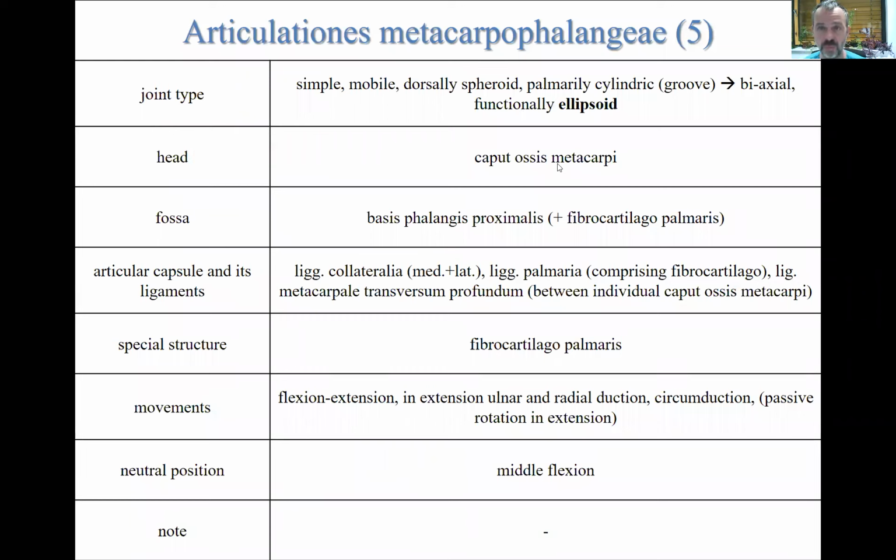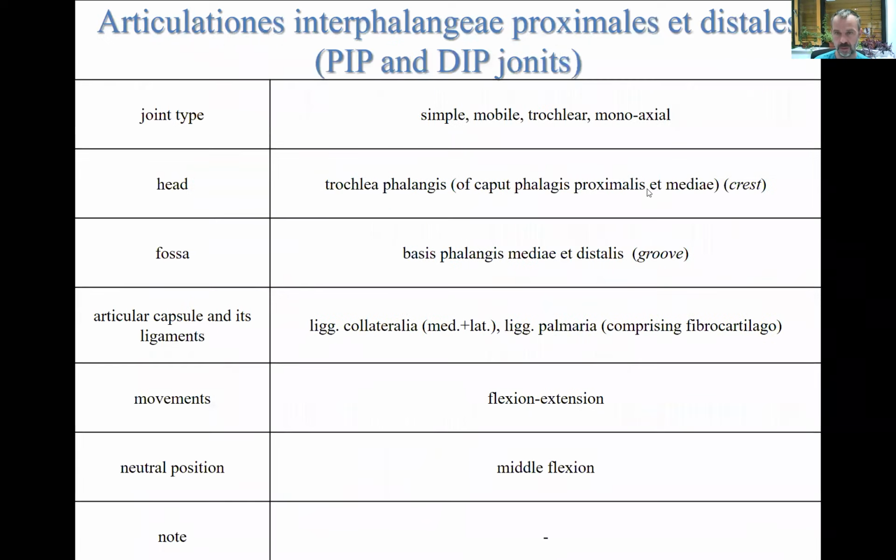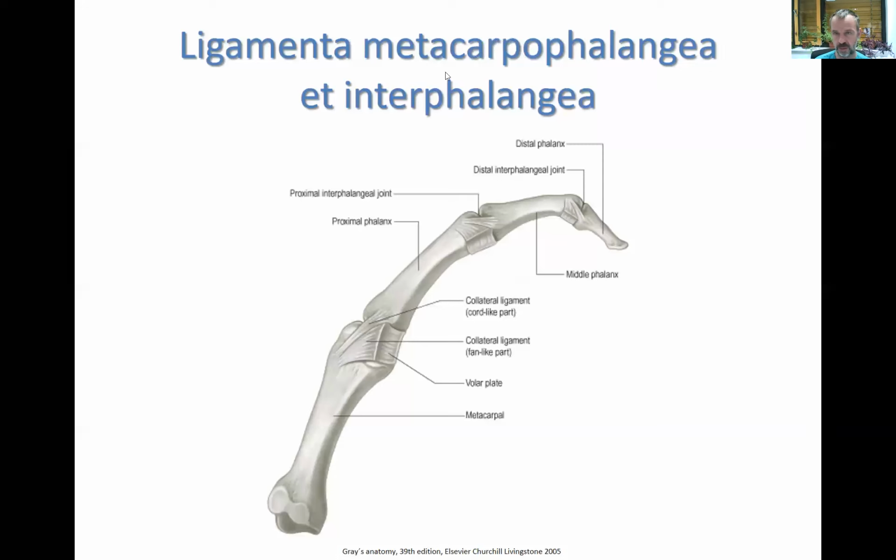Okay, we have to continue with the joints further. Now we are reaching digits. Yeah? And in the digits, we have metacarpophalangeal joints. So now we are here, and you can see the metacarpophalangeal joint, and then 2 interphalangeal joints which are identical, yeah, proximal and distal. So now let's talk about the metacarpophalangeal first,